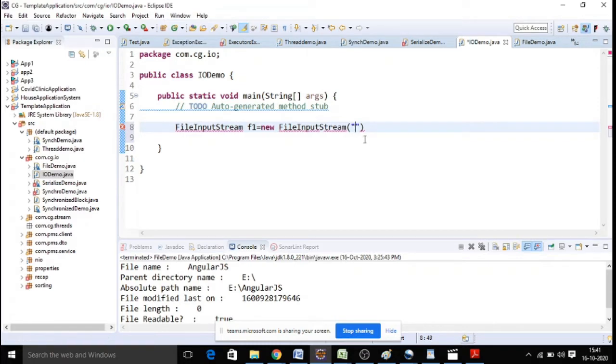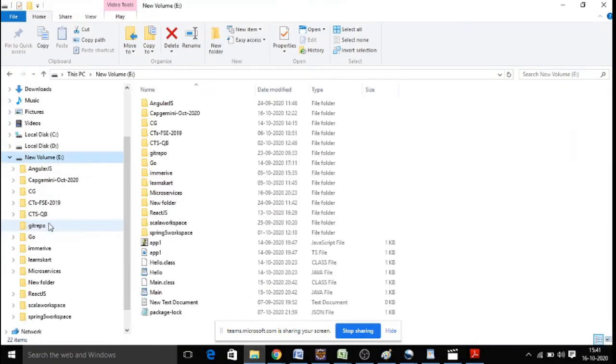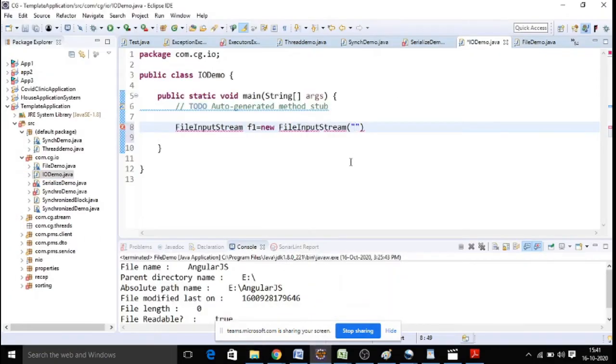From which file you want to read, you need to give the file name. For example, in my system, in the E drive, I have a file called hello.java. I want to read that file, so I take E as the path and hello.java as my file. Any other file you can take for reading.